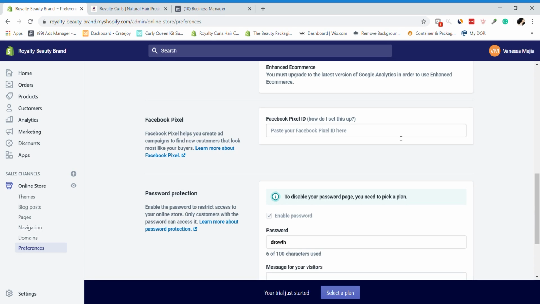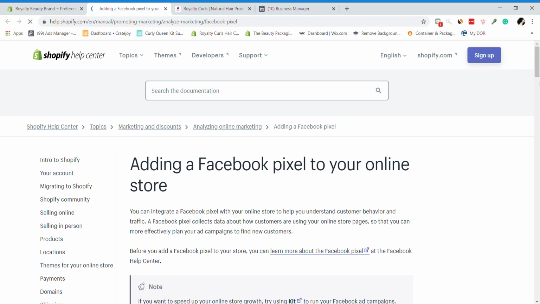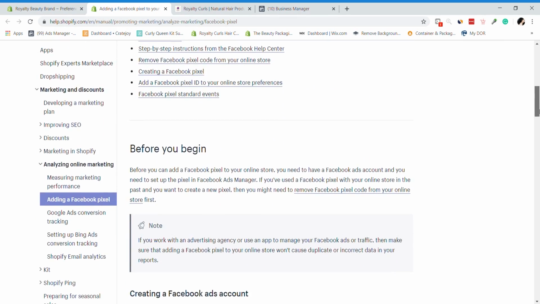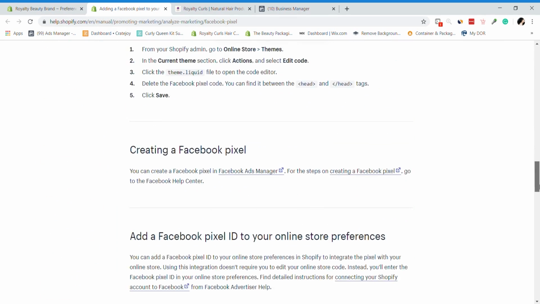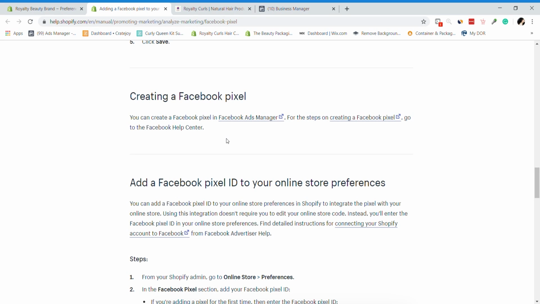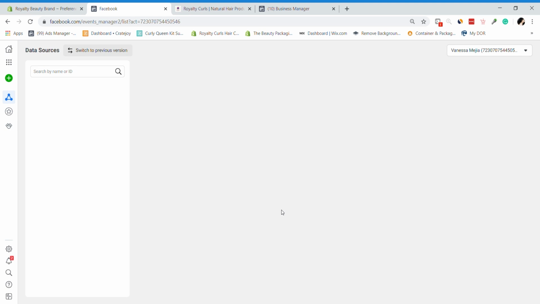So there are so many things that this Facebook pixel does, and you definitely want to make sure that you have this. Here is how you can set it up, and it's pretty easy. You can just go through here and create a Facebook pixel in the Facebook Ads Manager. It's going to ask you to create a Facebook pixel, and it shows you how to actually add it to your